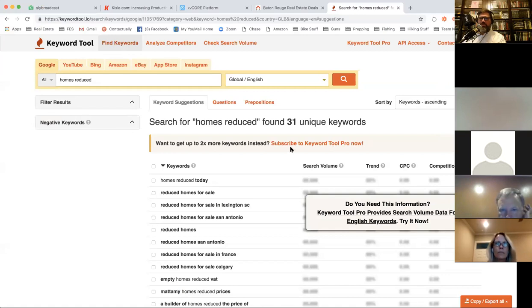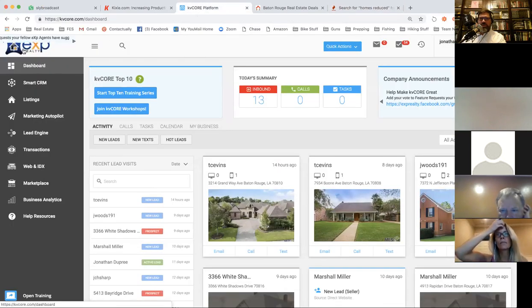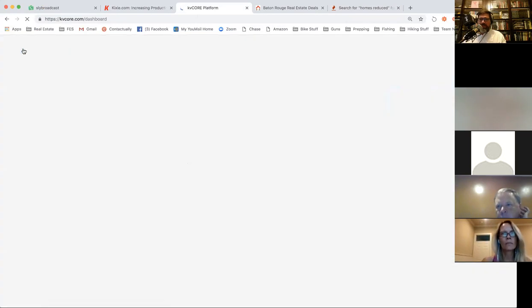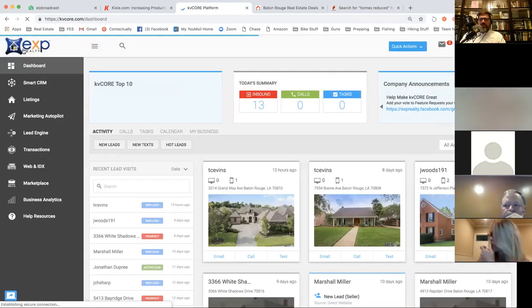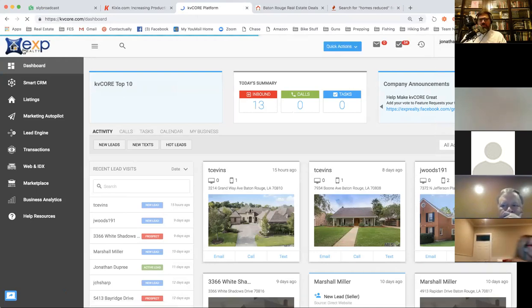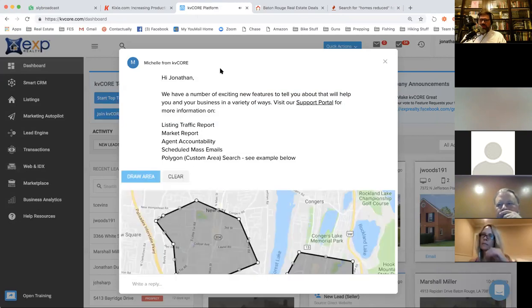So I'm going to unmute the lines in just a little bit, but I'm going to go ahead and get started. This morning, you should see my screen, and you should see the back end of KV Core. And this morning, I posted that this is going to be a very basic class, and it's simply on how to do two things and then some thought processes behind it. How to set up your landing pages and how to set up